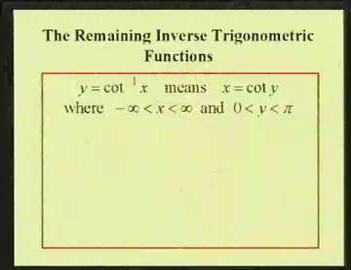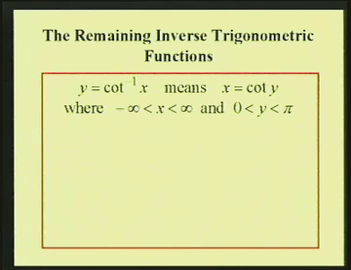We're now going to find the exact value of an inverse cosecant function. What we need to do first is identify the domain and range of the remaining inverse trigonometric functions. So here we go. If we have y equals the inverse cotangent of x, that means x equals the cotangent of y, where x is going to be any real number and y is going to be a value between